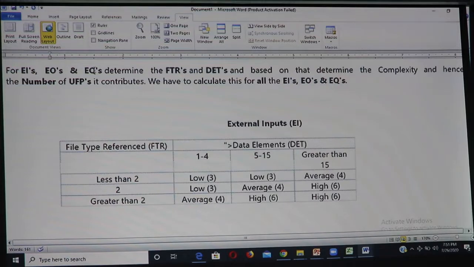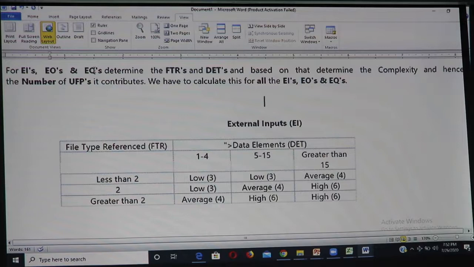So see the table over here, which will give you an idea of how we need to count the points, how we need to count the units. When fewer than 2 tables are referred, and data elements are between 1 and 4, where data elements are nothing but fields, then you take 3 units, which is 3 points.